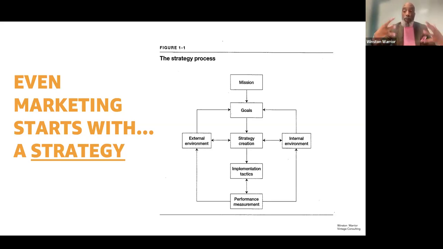And so for your business, you have to ask yourself, okay, what is my North Star? What am I trying to accomplish? And what are those small goals that will get me there? And then how do I develop how I'm going to do it, which is what we're going to talk about a little bit. And then what are those tactics? How do you measure? How do you keep looking at the internal and external environments in order to fine tune that strategy? But again, remember, marketing is not just an art. It is a science as well. And so you start with a strategy.